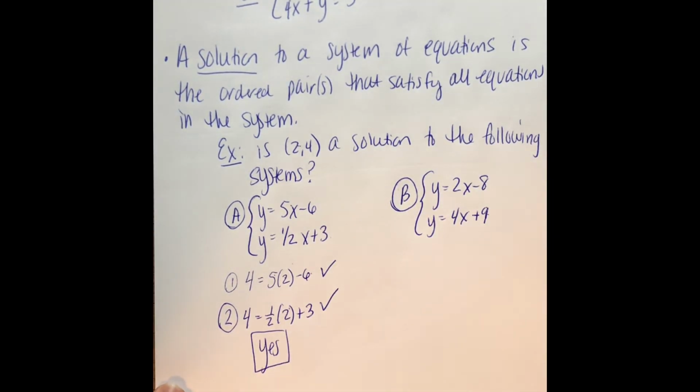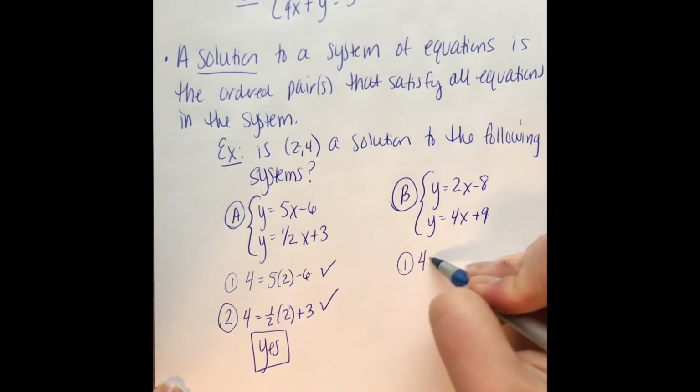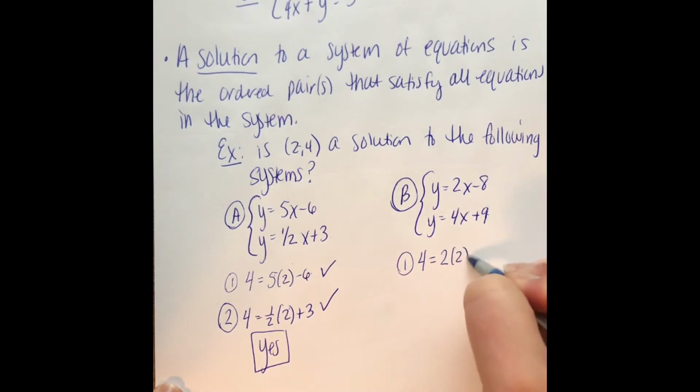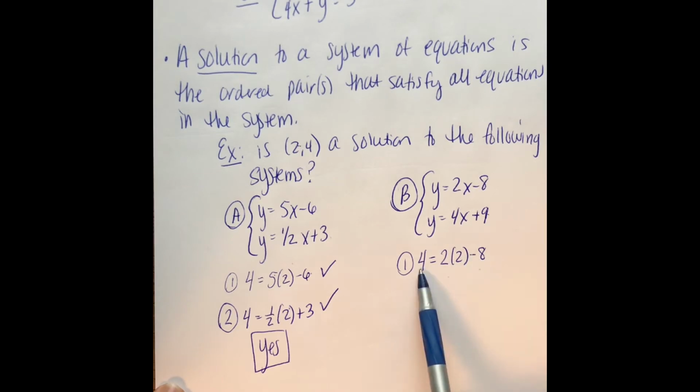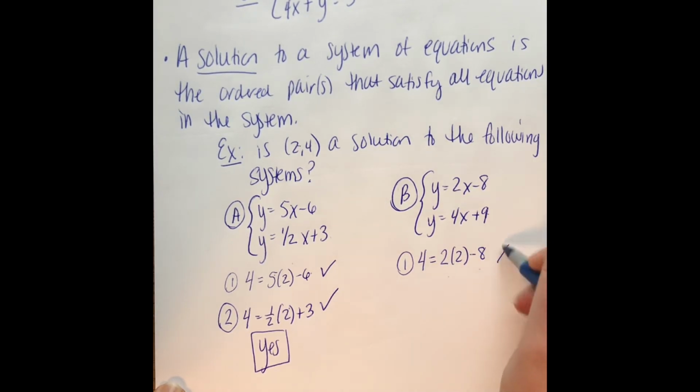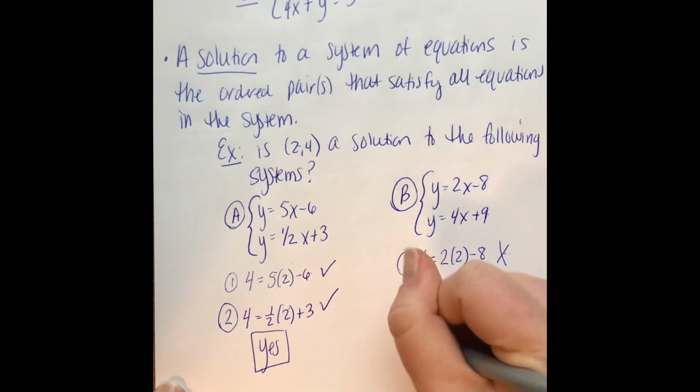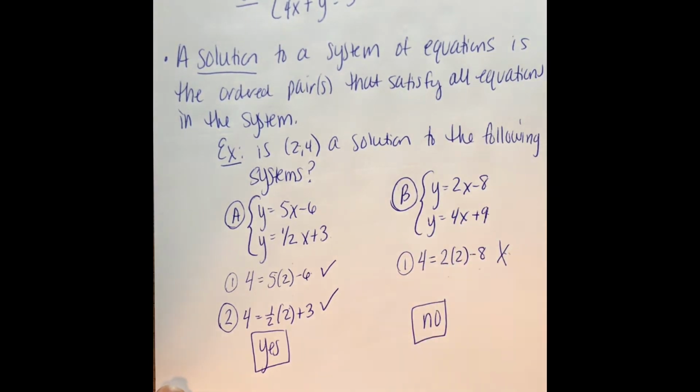In B, we have to try it again. So again, let's plug in (2, 4) for x and y. Does 4 equal 2 times 2 minus 8? 2 times 2 is 4, minus 8 is negative 4. So is 4 and negative 4 the same thing? No, it's not. As soon as you get no for one, you can come up with the justified statement that no, it's not a solution, because it has to work for both equations or all the equations in the system,